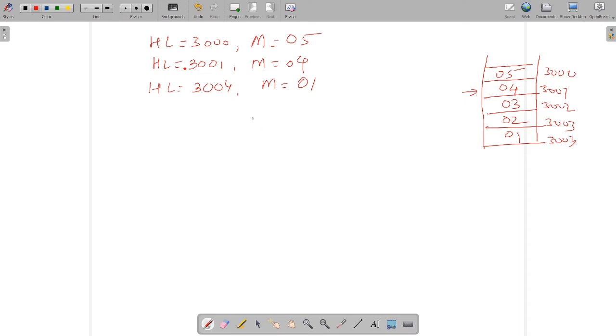Now if you have only a single byte of data and you want to load the accumulator, the LDA instruction is used. And if you want to store anything from the accumulator to a memory location, the STA instruction is used. So this is all about the LDA and STA instructions. But in our case, we will go for the HL pair. Now, how do we develop a logic to arrange the data in ascending order?